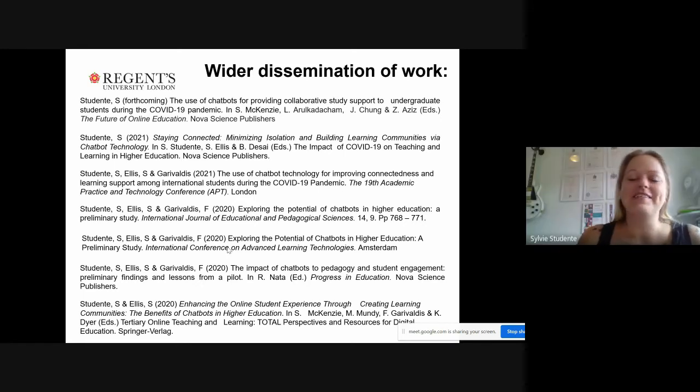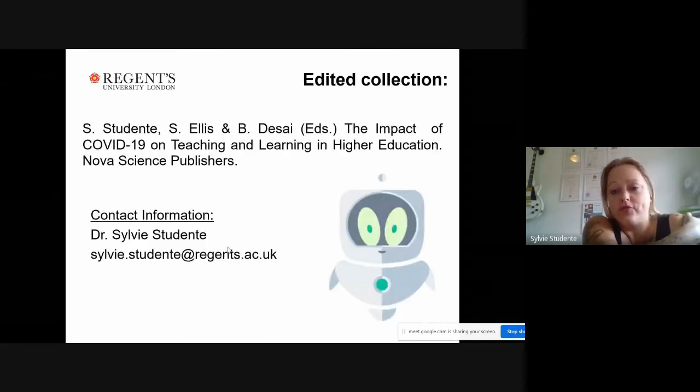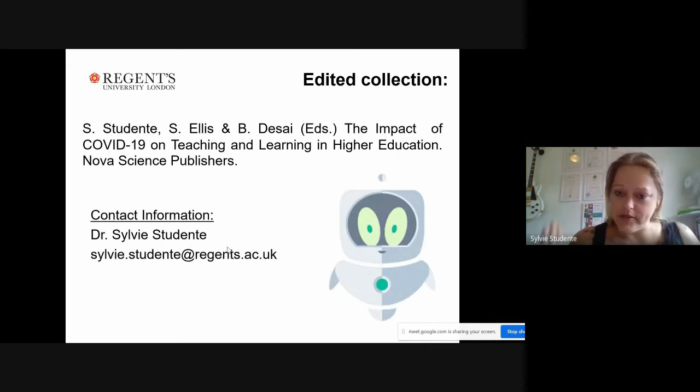It's a really, really fascinating area. I think it's very, very beneficial area. We can make a lot of difference here to students, and it's a research area which is gaining a lot of traction. I've also just had an edited book which is now out, which was looking at the impact of